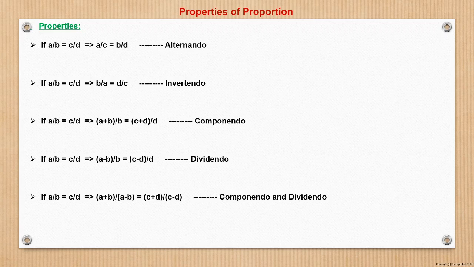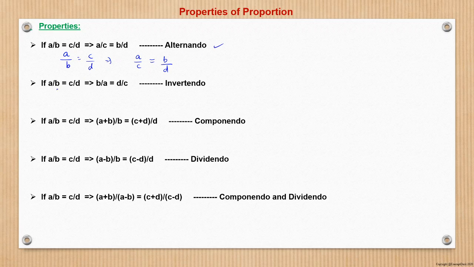This is high school level mathematics, or even 7th or 8th standard. So here, A by B is equal to C by D means A, B, C, D are in proportion. If that is the case, then we can write A by C is equal to B by D. There's no rocket science here. It is A by B is equal to C by D, just taking the denominator of the right side and bringing the numerator from there to this side. So it will be A by C is equal to B by D, right? This we can do by just rearranging the equation. So this is true, and this we know as alternando. Just a name given, alternando.